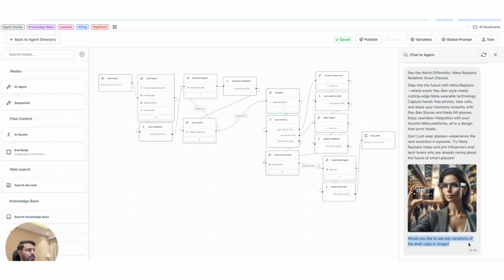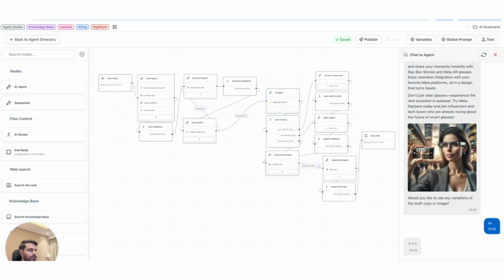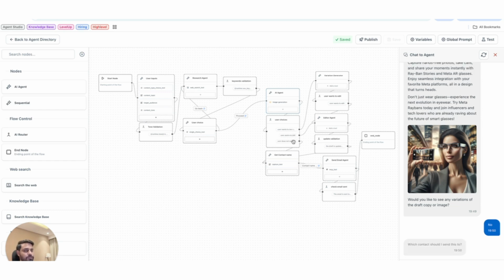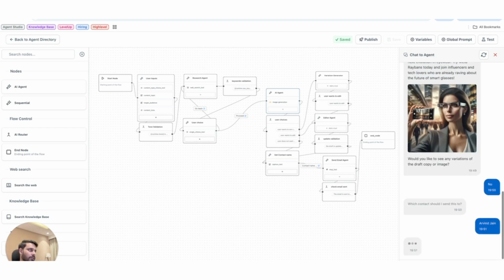Now it is asking me, would you like to see any variations of the draft copy or image? And for this I would say no, because right now I just want to move forward, and I have 3 user choices, right? The user wants to see variations of this, the user wants to edit this, or the user does not want to see variations of this. So it is going to the next step. It is asking me which contact I should send this to, and let's say for now I choose to send this to myself, right? And what it will do is search my name in the context of my CRM,